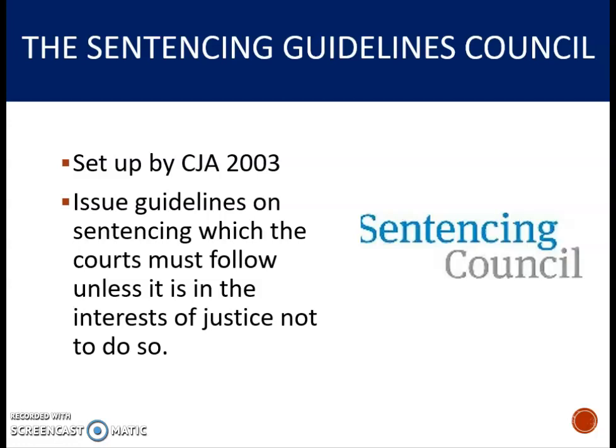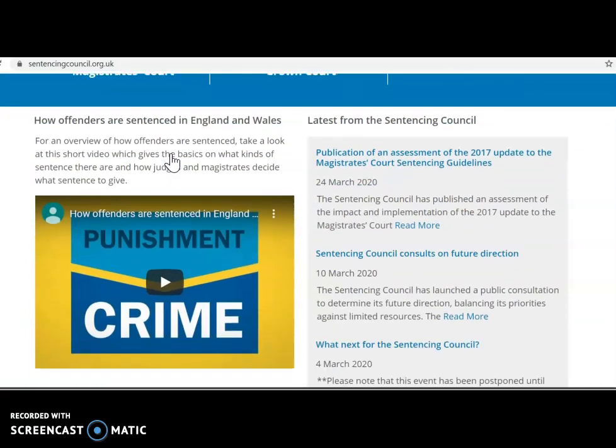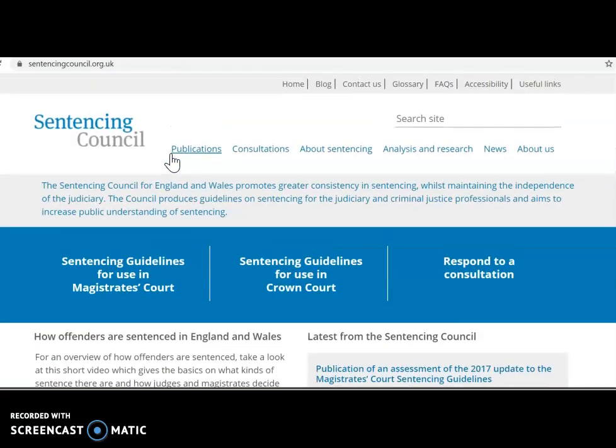And I'm just going to switch screens very quickly here just to show you their website, which I recommend that you have a look at. Okay, so I've just switched screens here so I can show you the Sentencing Council's website. You can find them really easily online, and it's a really good website actually. It's very easy to follow and to understand, and I recommend you have a look at it because it's quite